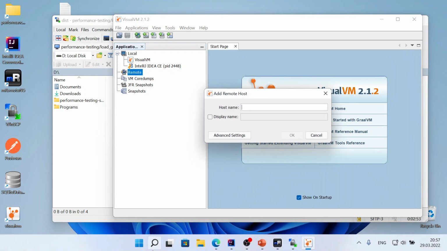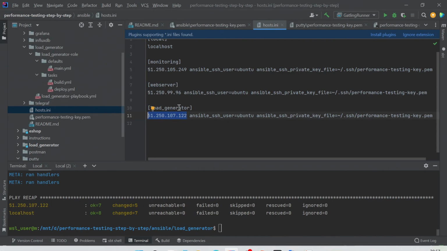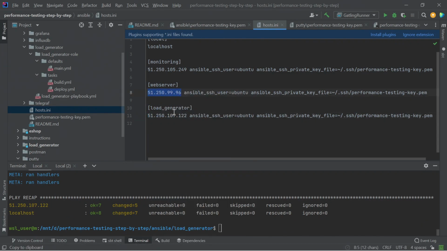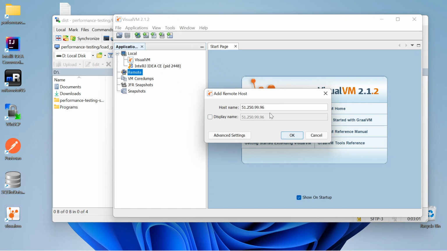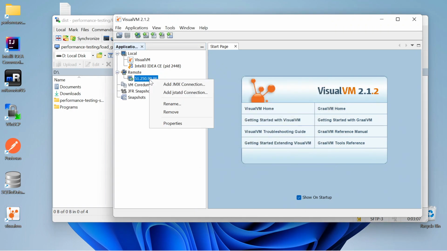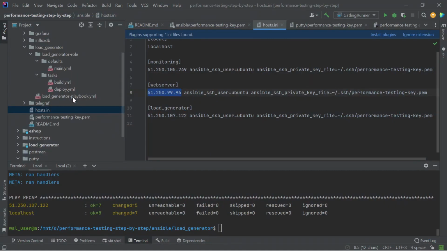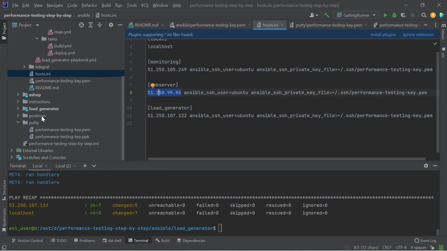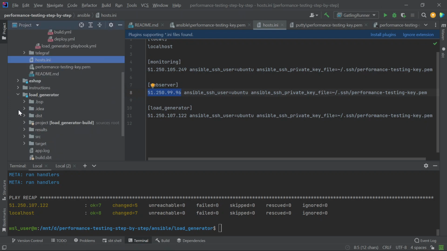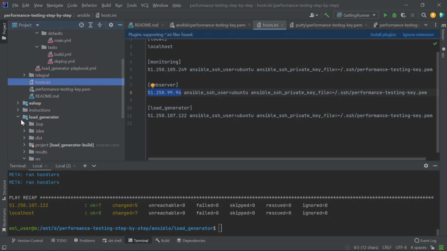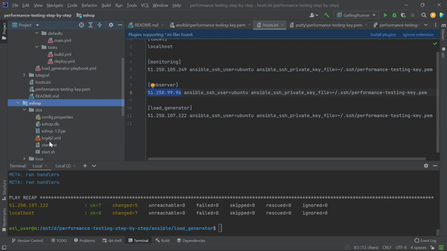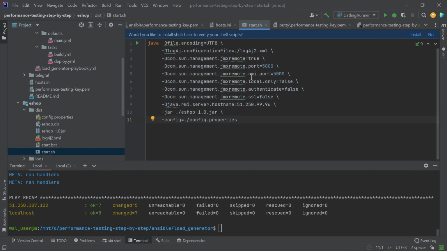We set up a remote connection and select the web server machine. Now it remains to add the port, which can be viewed in the startup file. JMX remote 5000.